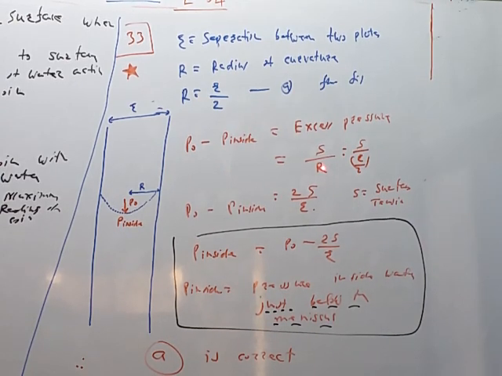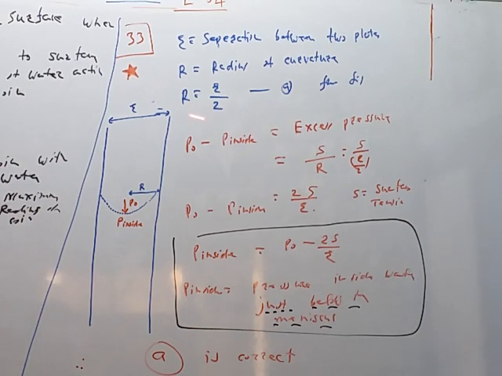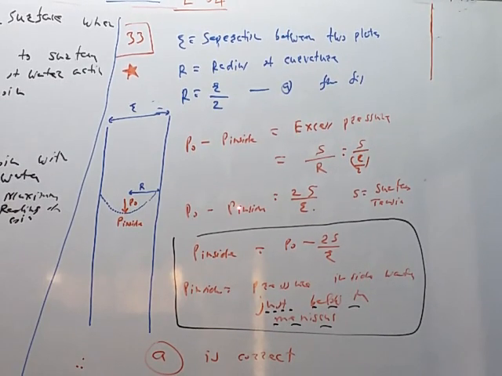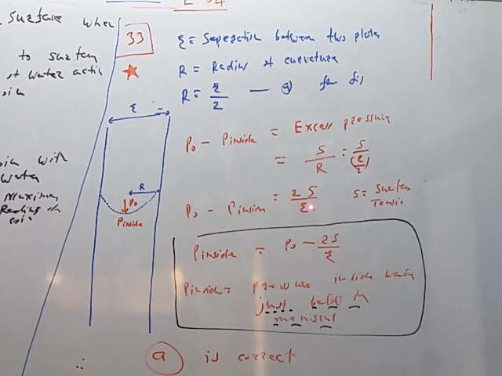So by substituting the value of R in terms of R using equation A, this is equal to S upon R by 2. So 2 times S upon R. S is the surface tension and therefore we have to find the pressure just below the water meniscus and it is given by P0 minus 2 times S upon R, where R is the separation between the two plates, S is the surface tension and P0 is the atmospheric pressure, like this.